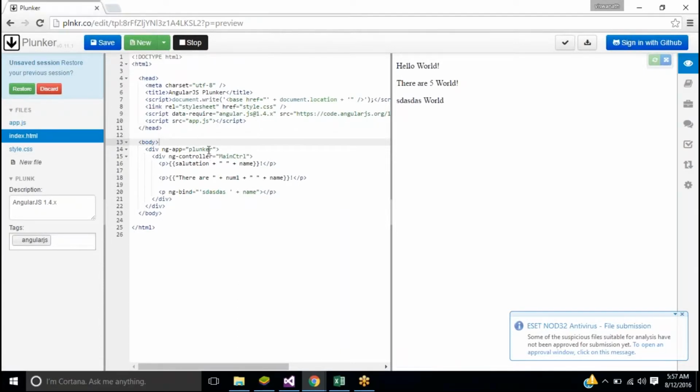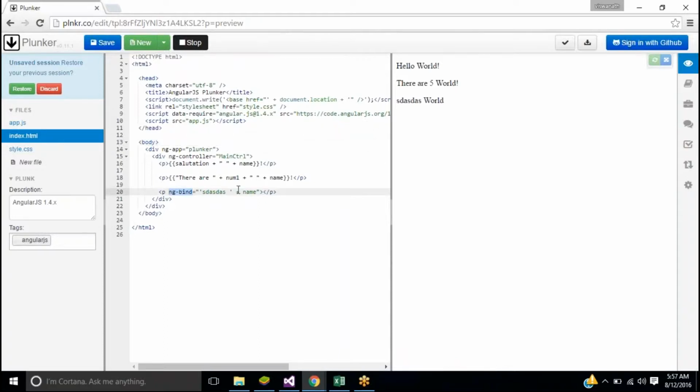Second thing, ng-controller we already saw. There are many other directives available by default, but ng-app, ng-controller and ng-bind we saw, right? That's another directive where we can bind stuff. There's another thing called ng-init, which will be called during initialization. So generally we use ng-init for initializing some variables, global variables. Let's say you want to set some variables for ng-app. You can use this ng-init.